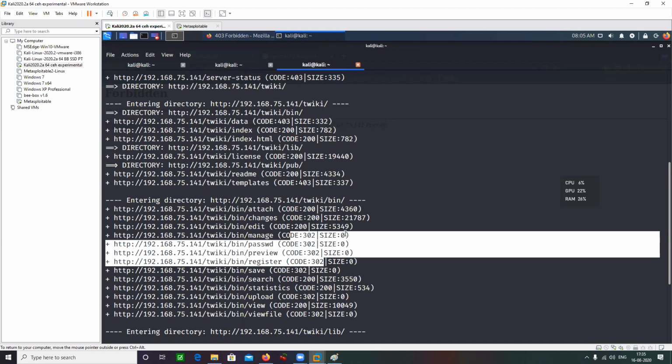So similarly, 403s are also relevant. You need to know what all directories actually exist. Their existence should be known. Whether you are allowed to have access or not is secondary. Maybe there is some kind of login mechanism in place. Only once you are authenticated are you allowed to have access to these resources, and later on you also find out the credentials as well. Login credentials, so those URLs are going to come in handy.